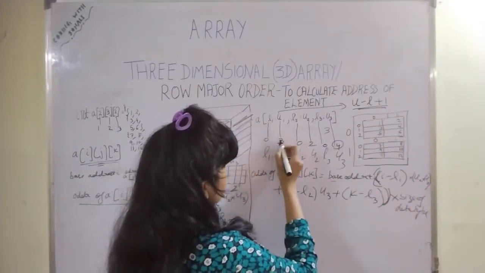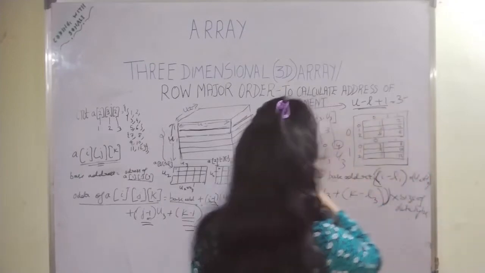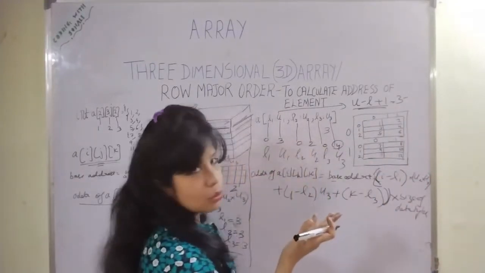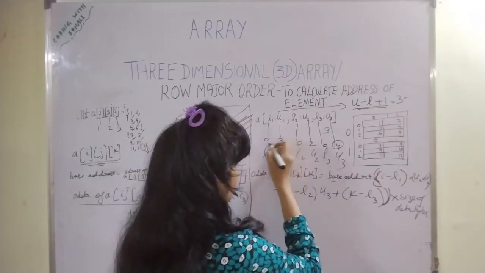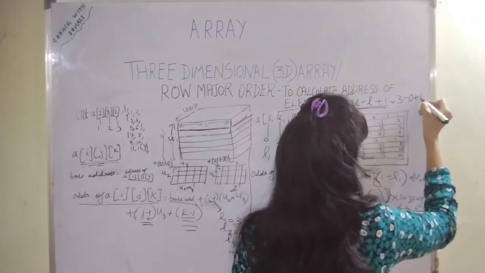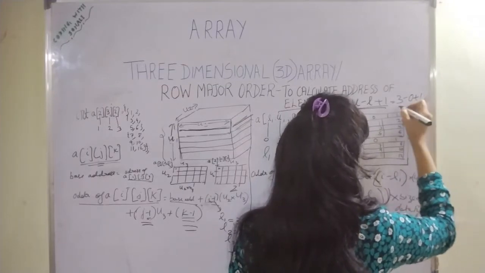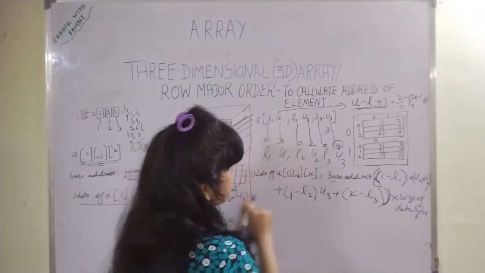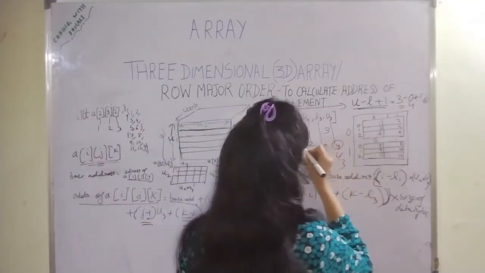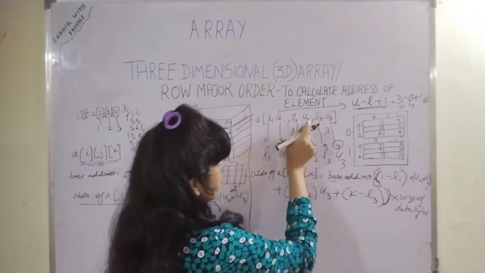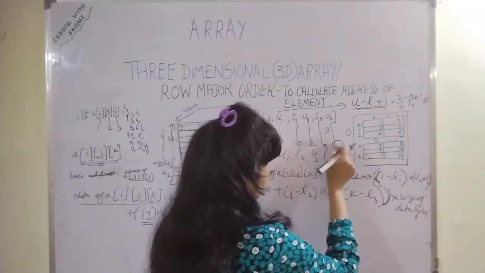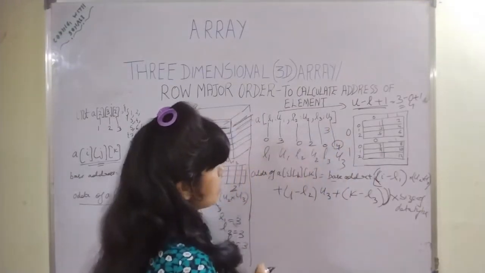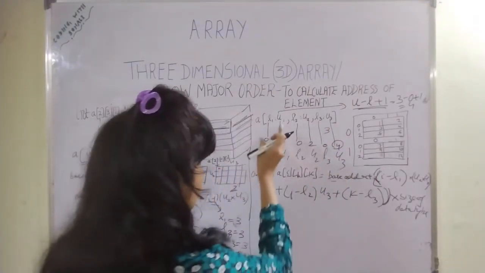So in this case it will be simply 3 minus 0 plus 1. I am giving you an example, which is the reason I have given these values randomly, just to explain it easily. Therefore, how many elements are there for the first dimension? Total 4 elements. For the second dimension, how much? It is 2 minus 0 plus 1, that is 3. So total 3 elements for the second, and 4 minus 0 plus 1, that is total 5 elements for the third dimension. This is how we calculate the length.